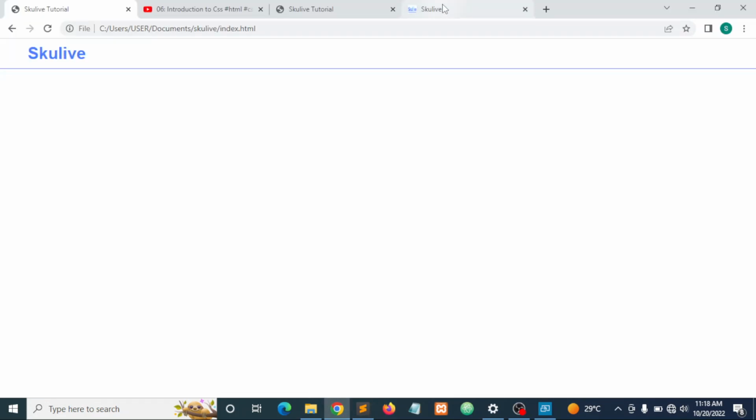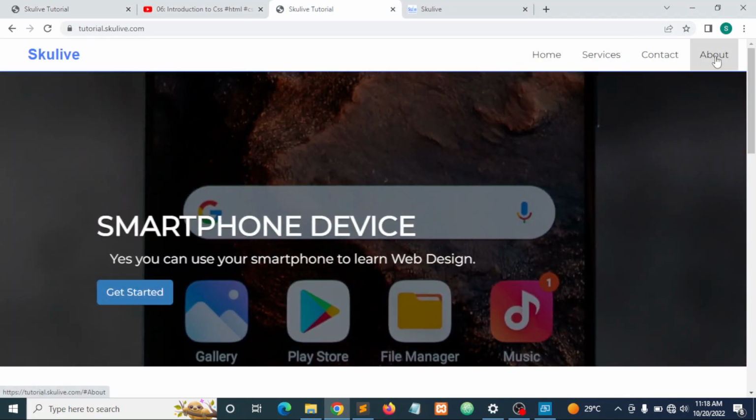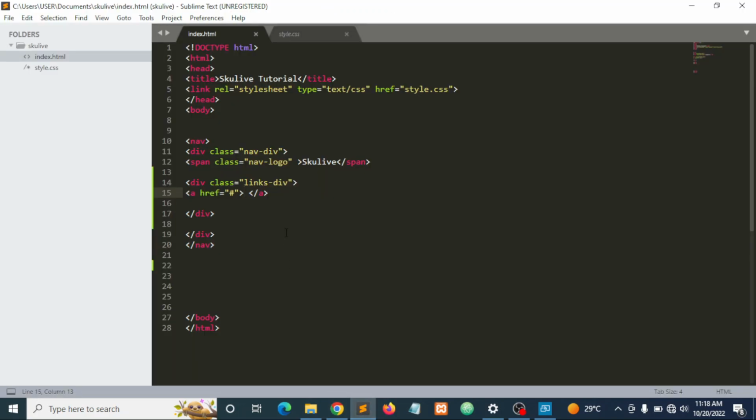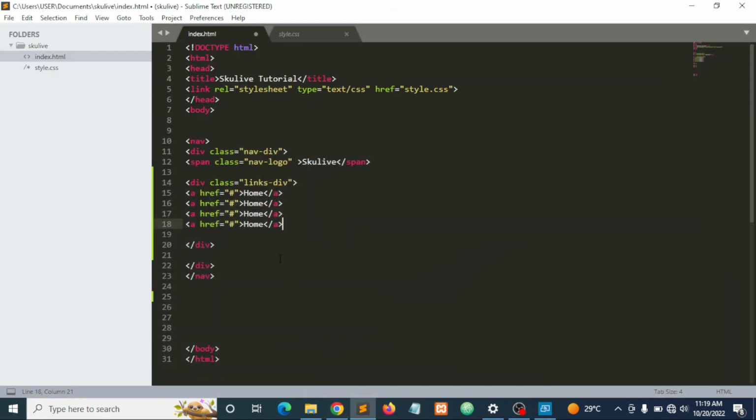What names are we going to be giving it so that we can easily identify it? Okay, we have home, we have services, we have contact, we have about. So we're going to be creating 4 nav links. So we create home. All right, then we're going to copy and paste into 4 places. All right, home, services, contact, about,